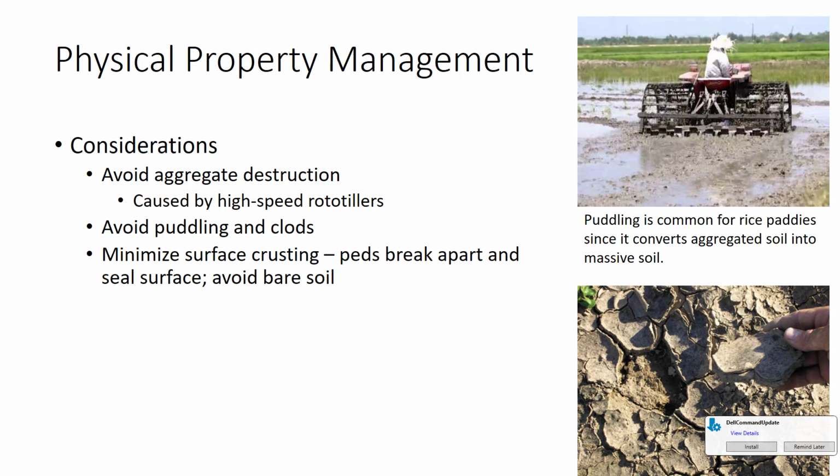Plowing tends to create large aggregates as it flips the soil over. However, other tillage operations, such as cultivating, tend to crush soil aggregates. High-speed rototillers are especially destructive because they batter aggregates apart. Tillage destroys aggregates by increasing organic matter oxidation and smashing the now weakened beds, so you should till as little